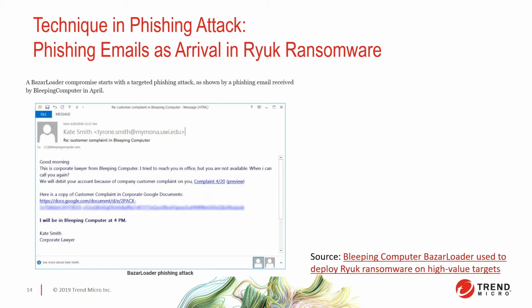Once the link is clicked, now this ransomware was able to evolve its technique: there's a phish email, and then there's a link. An example would be Google Docs being used to download a Trojan, and the Trojan here would be Bazaar Loader, and the Bazaar Loader would be the one to download the ransomware.